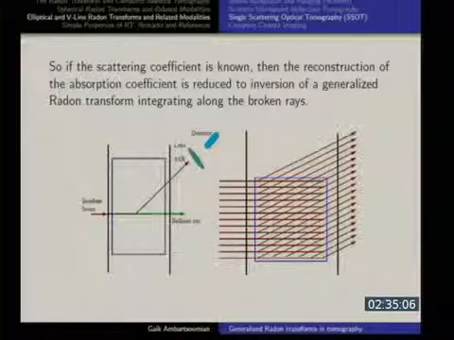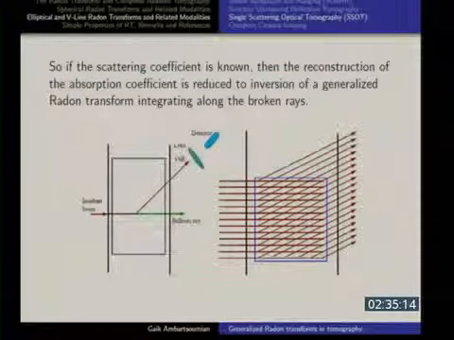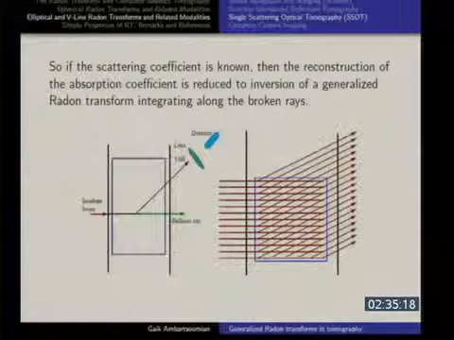So this is the incident beam, this is the outgoing thing, you're trying to recover a function defined in this domain from trajectories like this, from broken ray trajectories. You enter here, break here, enter here, break a little further, enter here, break a little further. And you can see that, again, dimensionality count is, if you allow different angles of breaking and different heights and so on, it's an overdetermined problem.